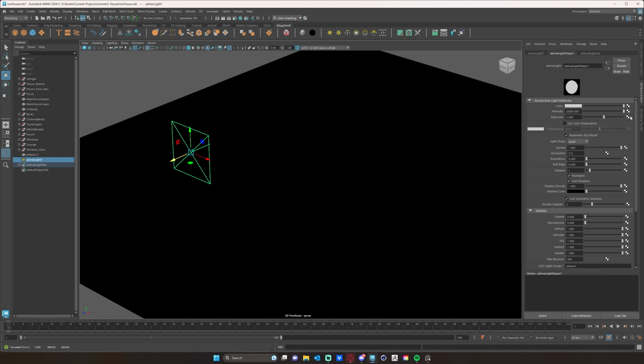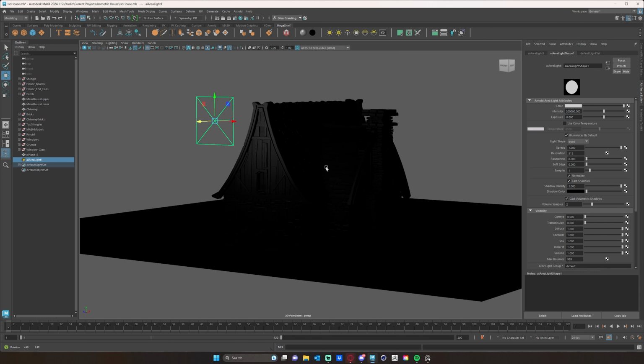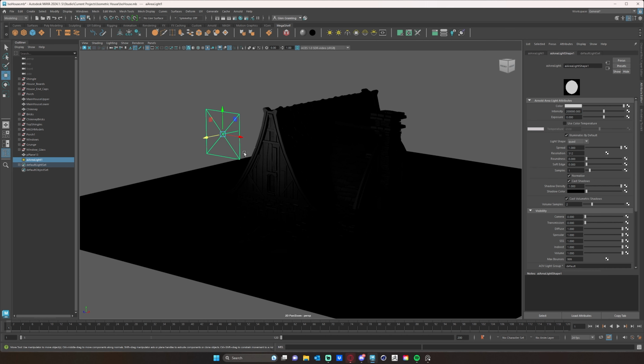So let's go even higher. Just add another 0 there. Now we're starting to see some light. Now, normally, the amount of light that's being emitted from something correlates with the size of the thing, right? So the bigger something is, the more light it's going to emit. So with our area light now, with our setting way up to 20,000, if I increase the size of this area light,